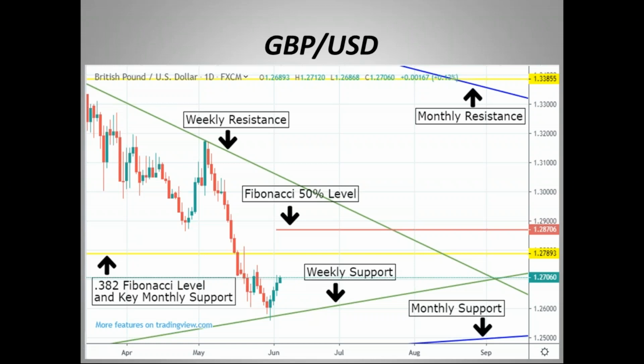So right now we're probably going to see a sideways trade to potentially higher trade, hitting, like I said, targeting that 0.382 Fibonacci level at $1.2789. And once it gets there, then like I said, if the extreme rally happens, look for it to push to that 50% level. But otherwise, most likely that's about all the gas it's going to get.